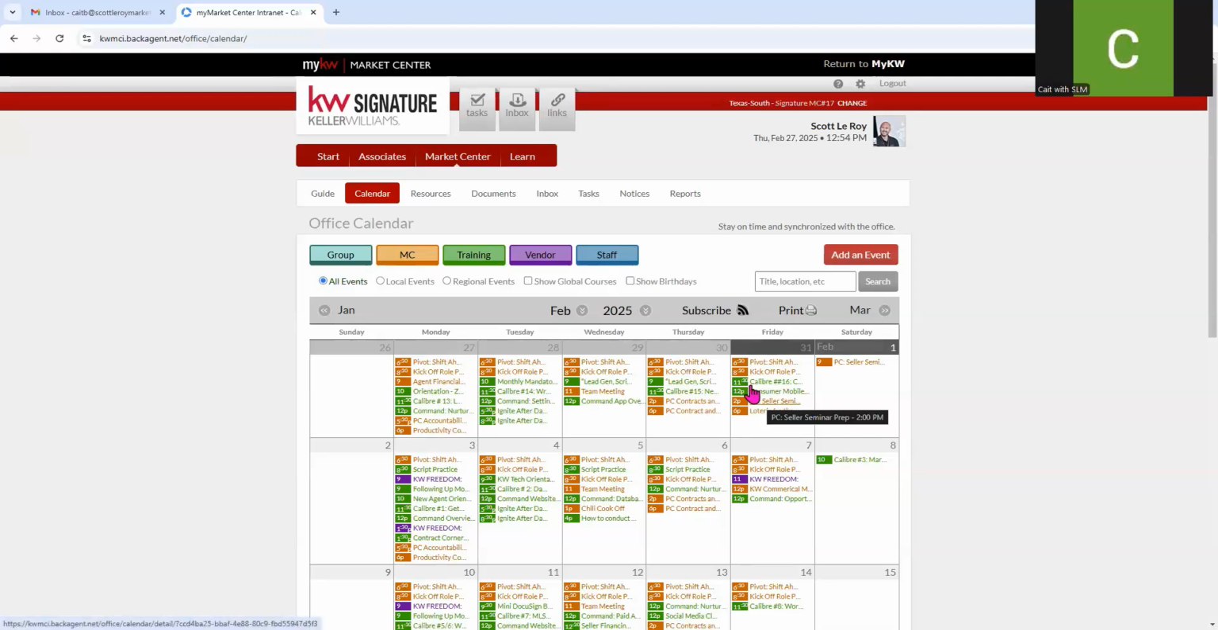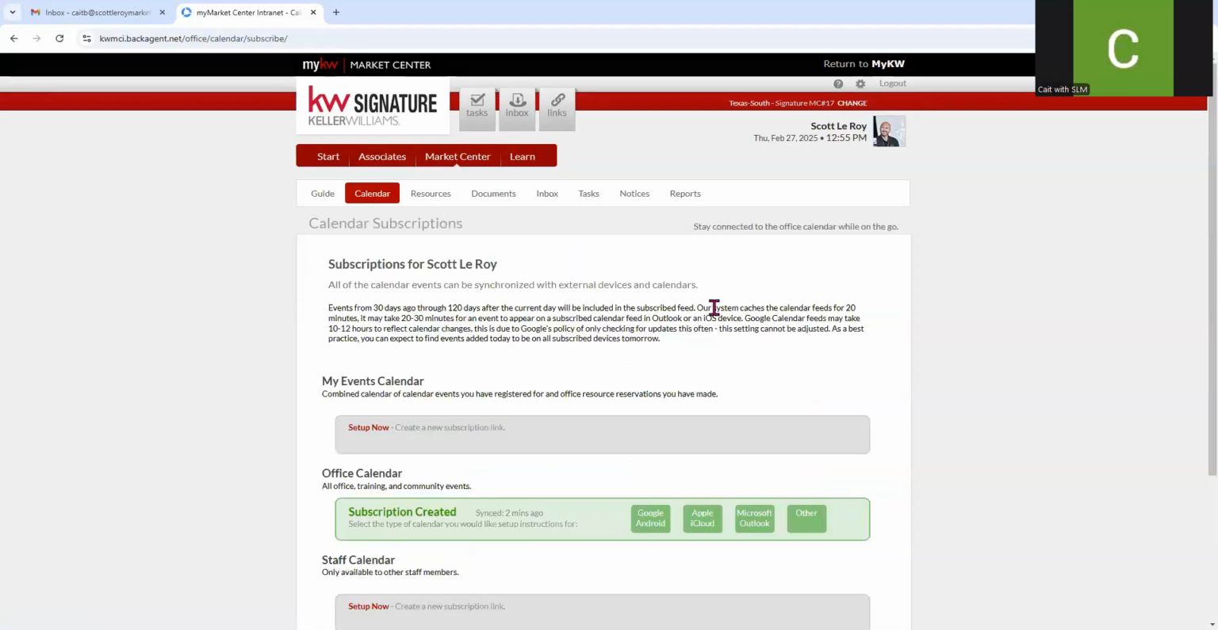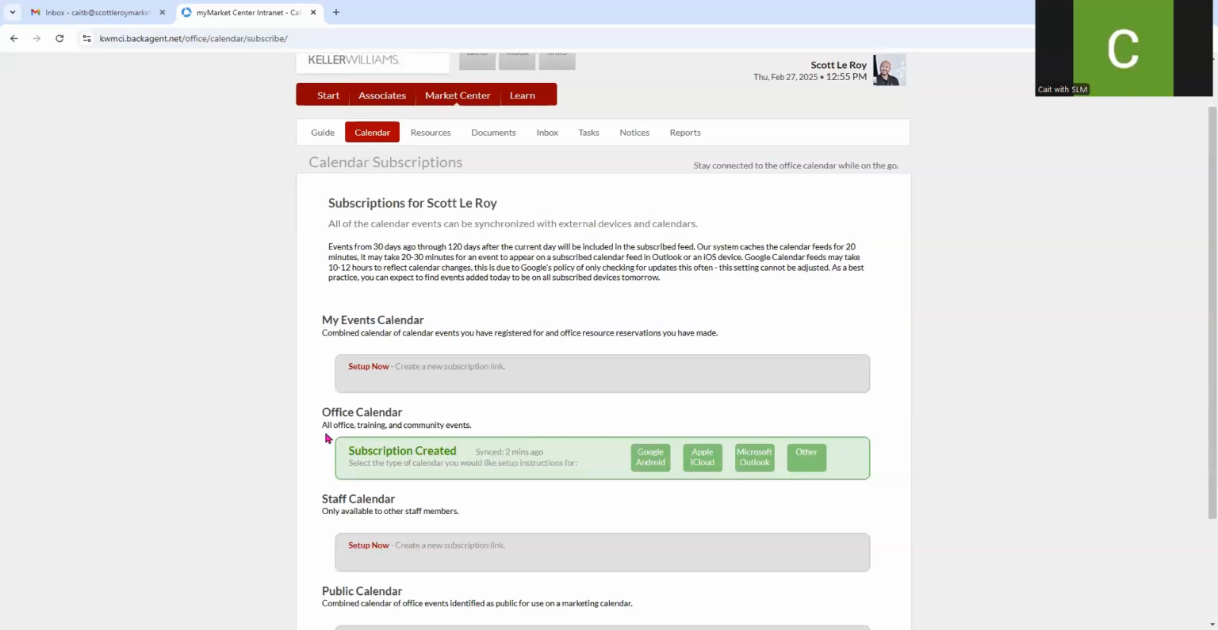For this example, though, this office is highly using their calendar. There's tons of things going on. We want to hit this subscribe button in the banner of the calendar. Now, once we click that, you'll see that I have the office calendar. It's already clicked on, it's green. If it wasn't, you would just click Setup Now under Office Calendar, and that would allow you to proceed